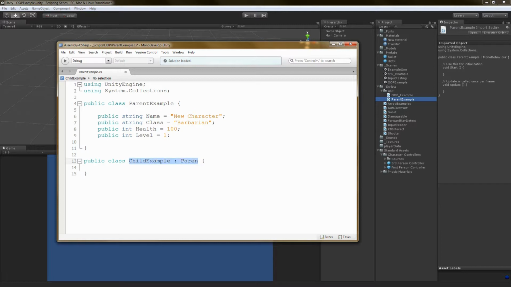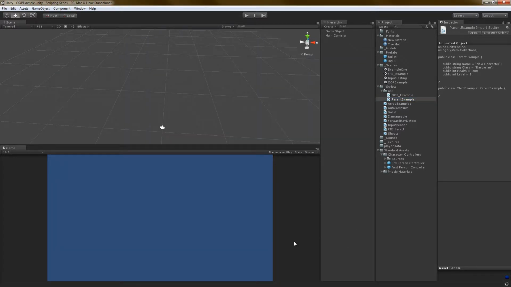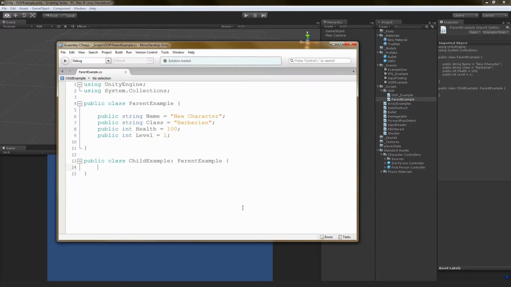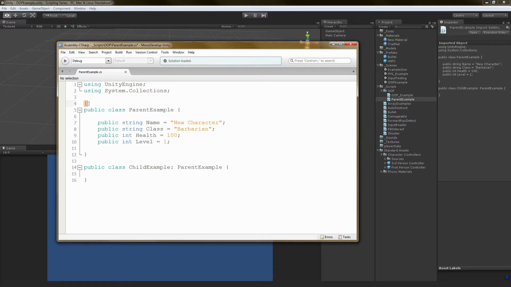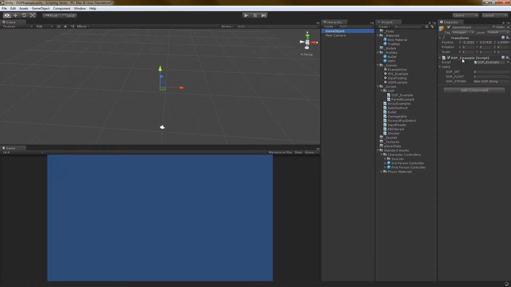Parent example. And I don't know why it's not auto-completing. I'm hoping that it'll actually work. It might not. It seems to. Alright. So, oh, and just so we're consistent, I'm going to put system.serializable at the top of this so we can see it in the engine. And I'm going to start